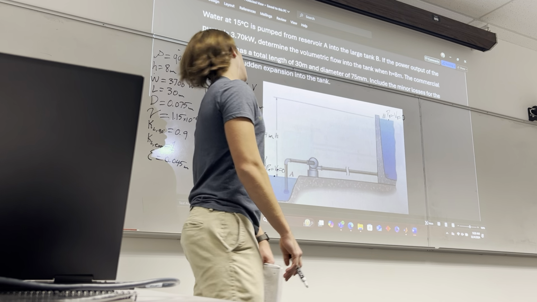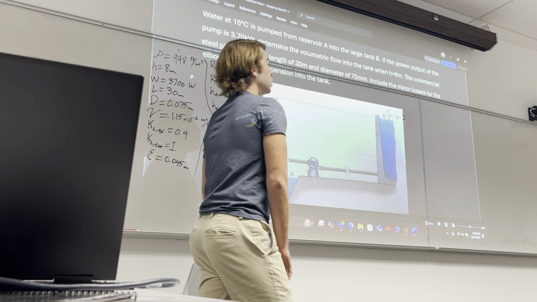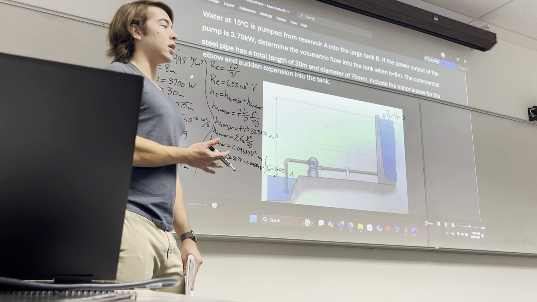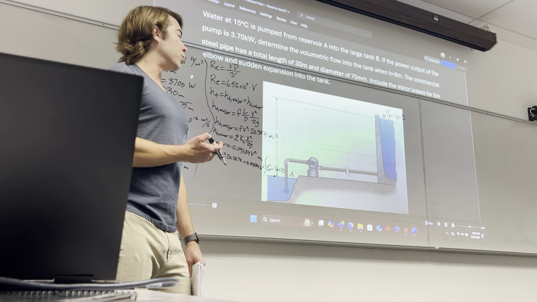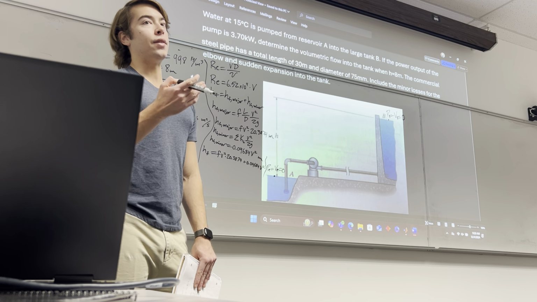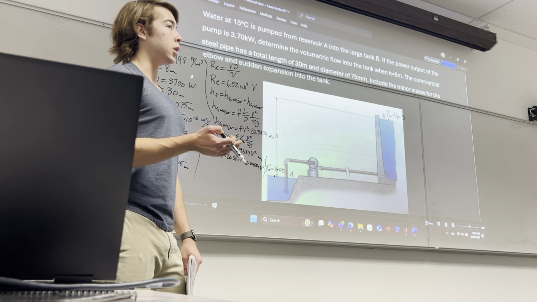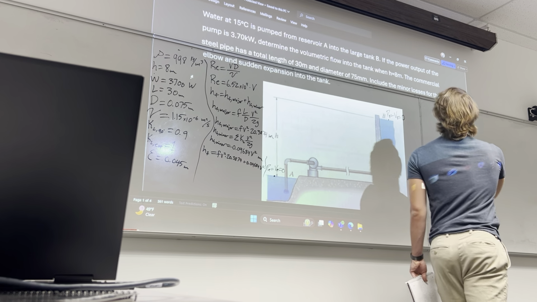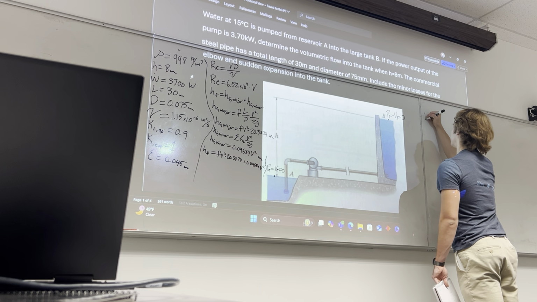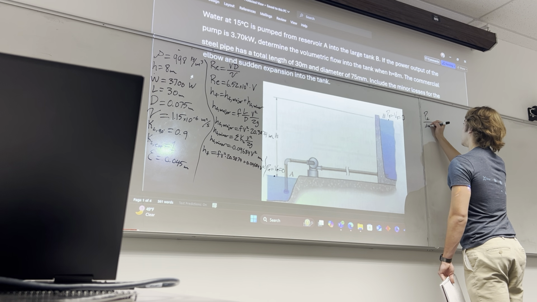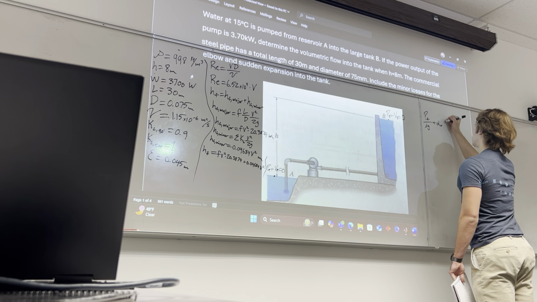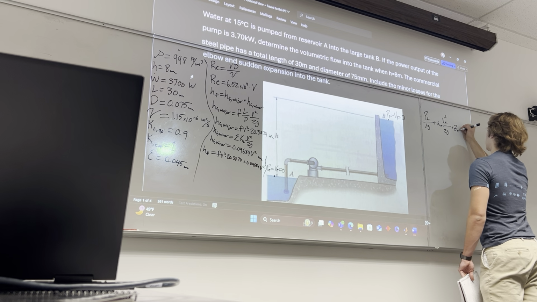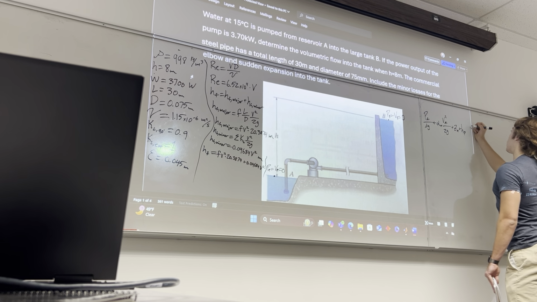So what we're going to do now is take this Bernoulli's-ish equation. You might hear it called Bernoulli's equation for pipe flows. It's not really, it's a derivation of the energy equation. Technically speaking, for Bernoulli's equation you need it to be inviscid, and you can't have any work being done or anything like that. So it's not really Bernoulli's equation, but it's that vibe, okay? You'll see what I mean in a second. So it's P_A over rho g plus alpha_A V_A squared over 2g plus Z_A plus H_P equals